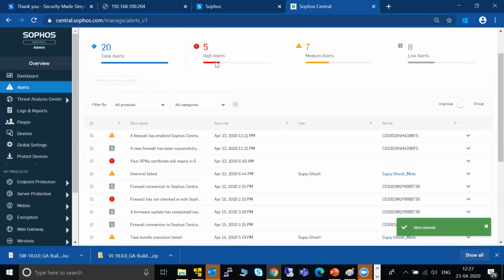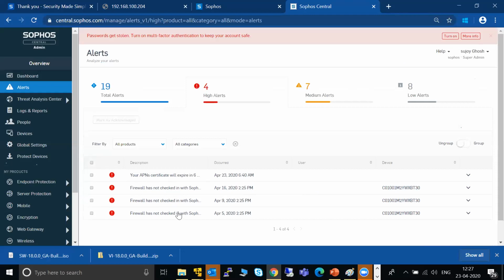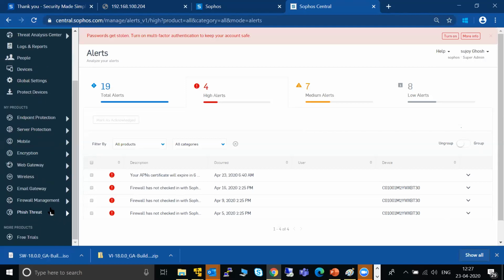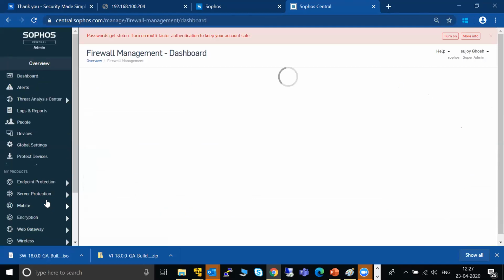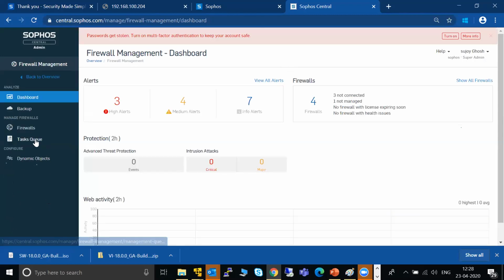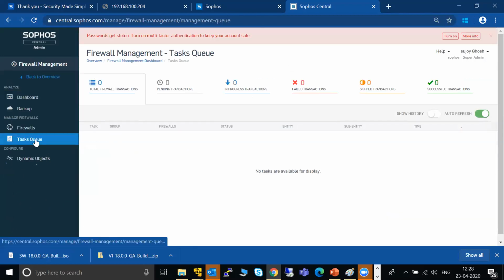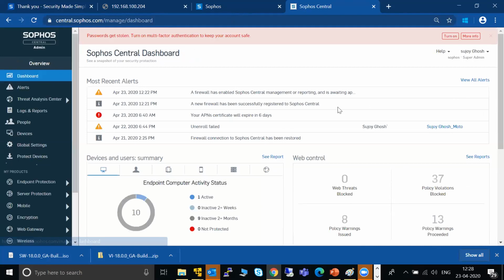This is the 5 high security alert. This is about my Apple phone, which is connected to this Central only, in the mobile control tab. And right now there is no report there.